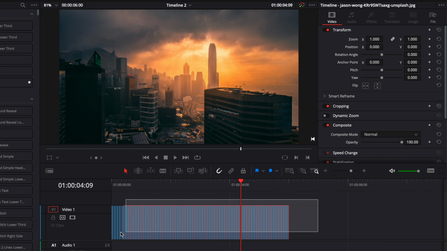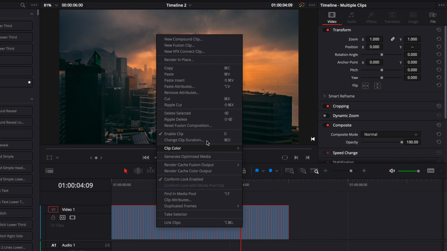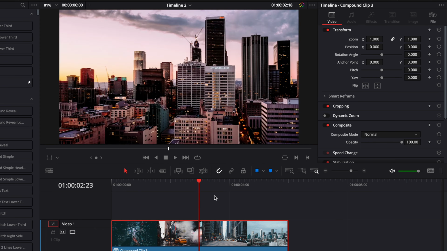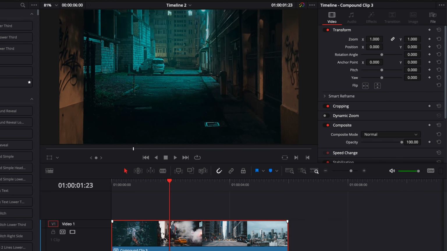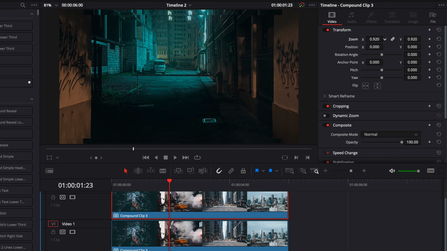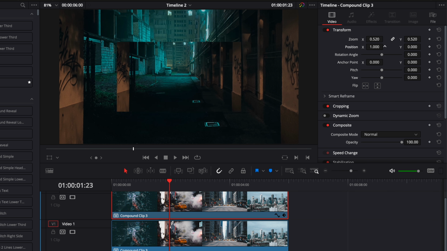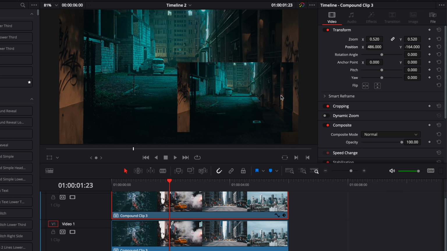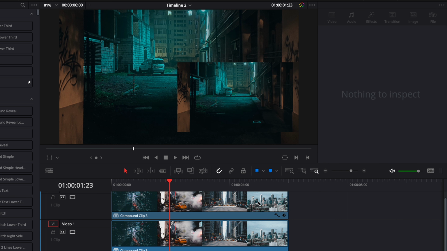Now let's select all our pictures, right click on them and select New Compound Clip to have only one clip. Now that we have our compound clip, we're going to duplicate it. On Mac, I'm going to hold Option; for Windows, that will be Alt, and then you can drag it onto the second track. On that second clip, we're simply going to reduce the size and drag it to the corner of the image, because that's what we're going to use for the character that will be in the right corner of the image around here. We want a bit of a different layout so it doesn't look the same. Now I have my 2 clips prepared.